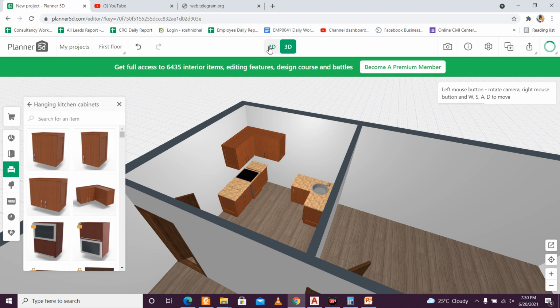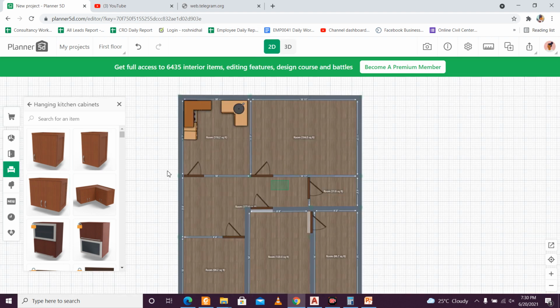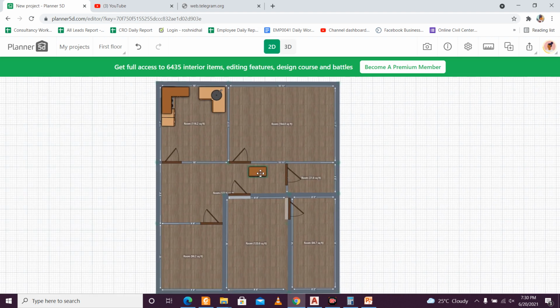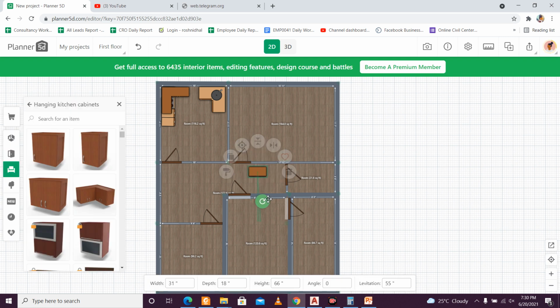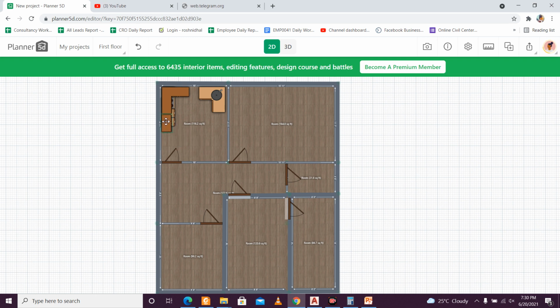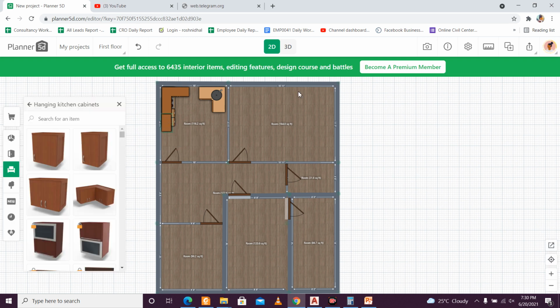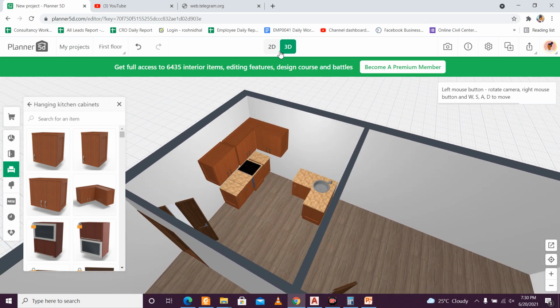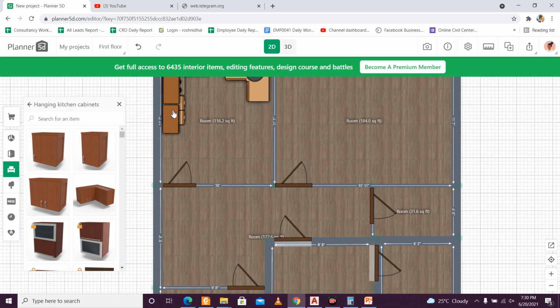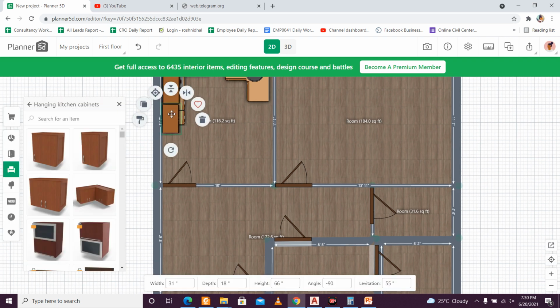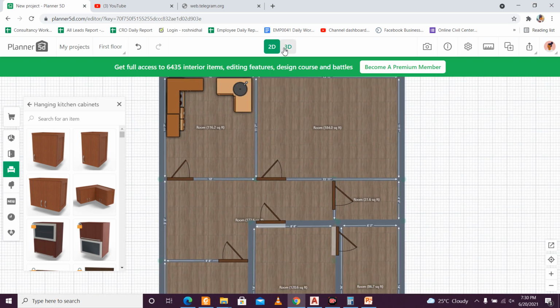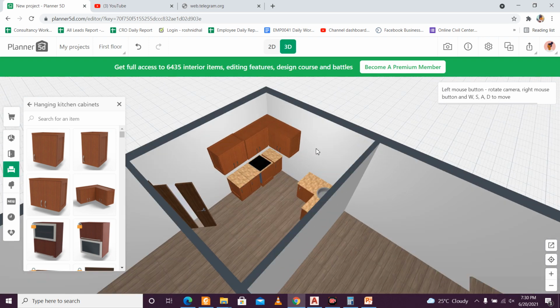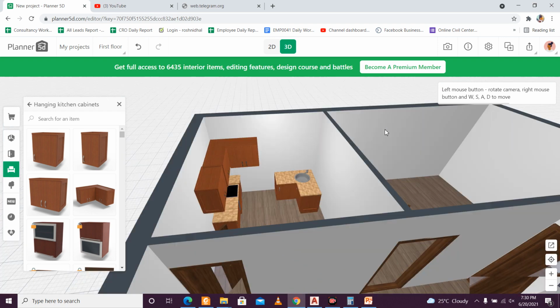So I can put some more cupboards here. I think rotate this and put it here. So check in the 3D, this one. Okay, it's perfect. A little bit I'll zoom in and move it with the help of my keyboard buttons, a little bit this side, and see. So it's pretty cool, the design for the kitchen.